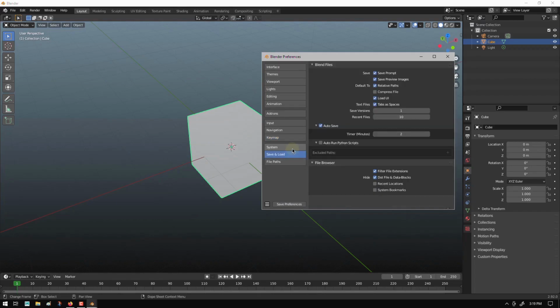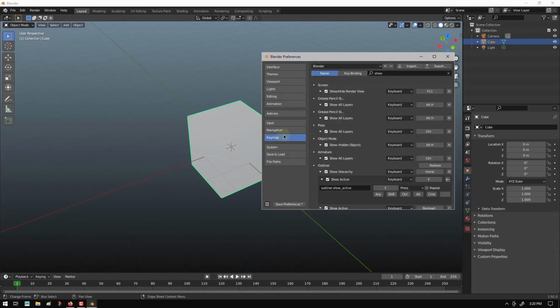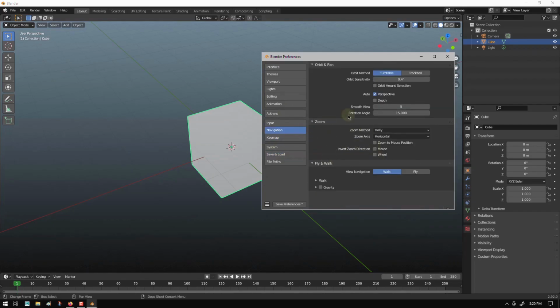The other thing that can help is basically turning off load UI. This way you don't open up someone else's layout for Blender and just cause all kinds of confusion. There's a bunch more settings that you can discover on your own, but those are my top tips for just kind of getting comfortable with